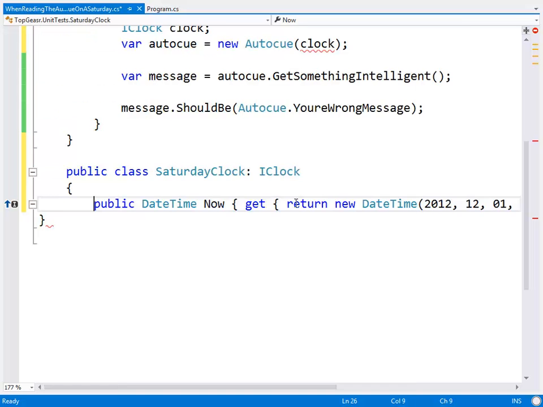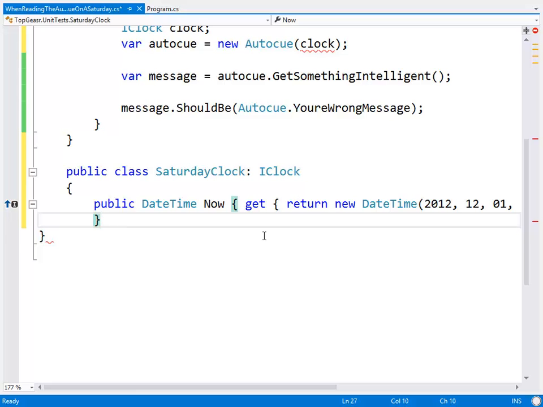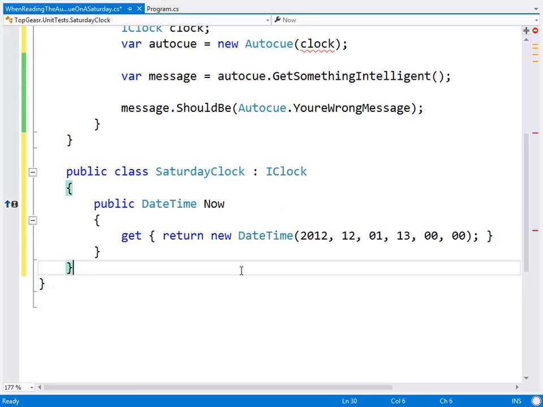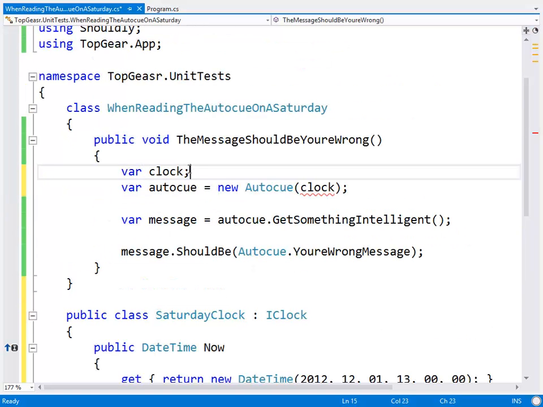Yep. And that's it. All right, and one more. Done. All right, so we're going to create a new Saturday clock. So this is just going to be var clock equals new, one of those, paste, fix my typo.